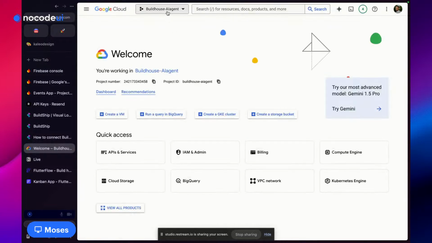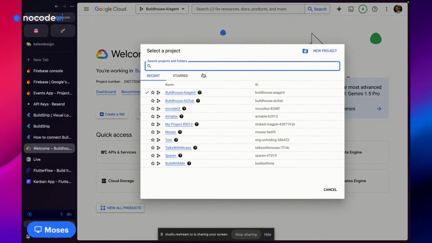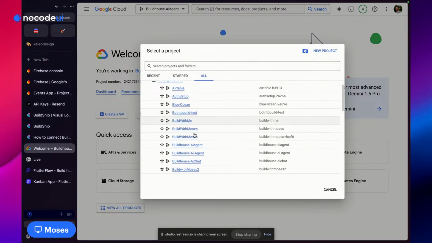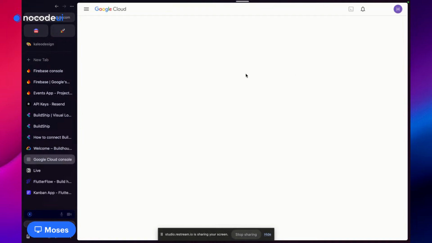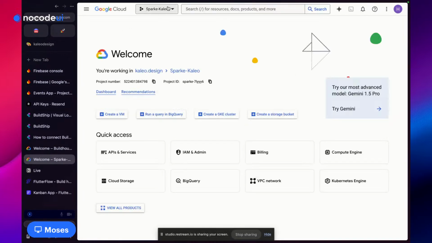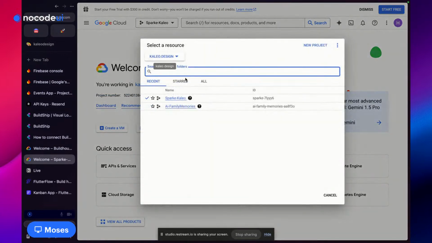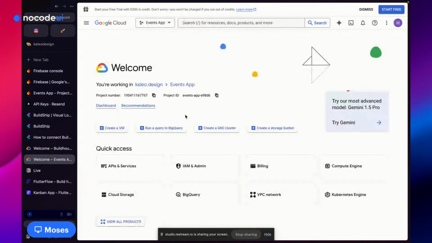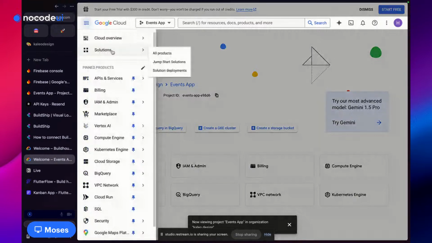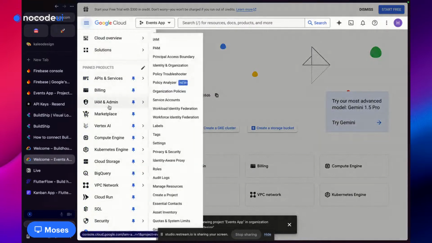So you come here, and then what you need to do is find that specific project. So I'm going to go to all. I'm going to make sure I'm in that account, which I'm not currently, and I'm going to change to that account. Then I'm going to come down and look for that specific project. So events app, and then I'm going to come down to the navigation menu and come to,